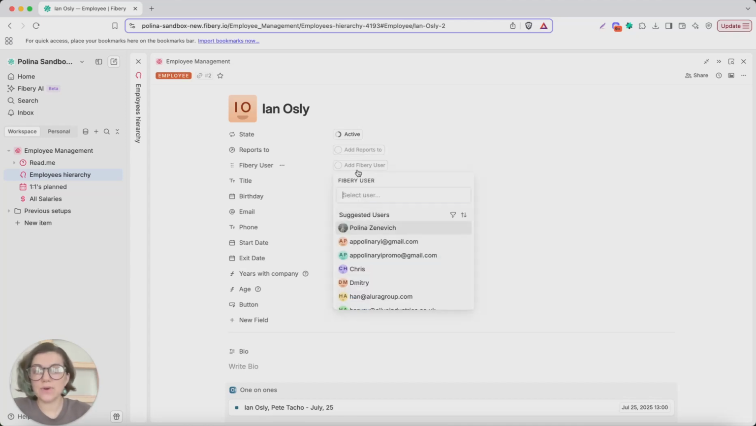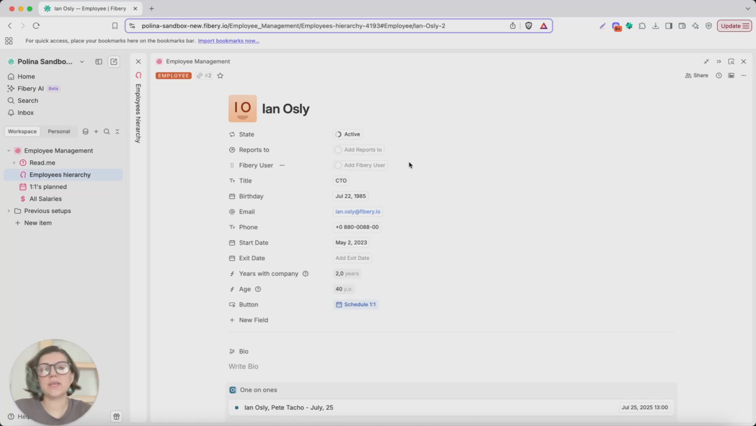And there is also Fibery user. We need it because sometimes employees are Fibery users and sometimes they are not. If they are not, we still want to be able to manage information about them. This is why we don't use Fibery users for those purposes. But if we want to apply permissions, they have to be applied to Fibery users. This is why this